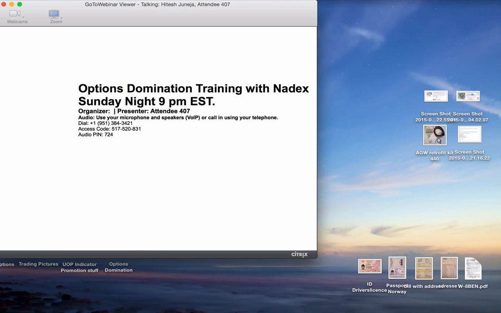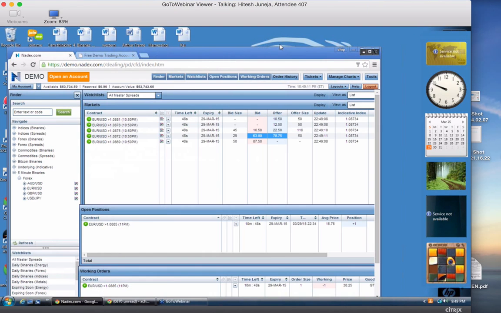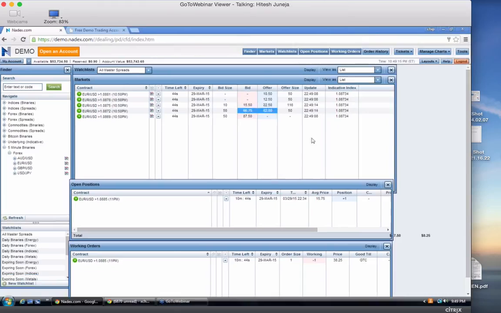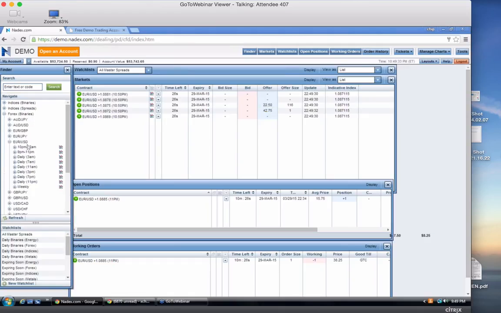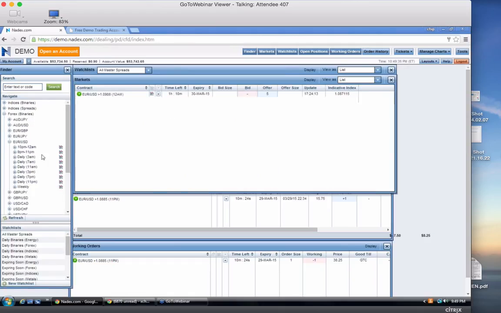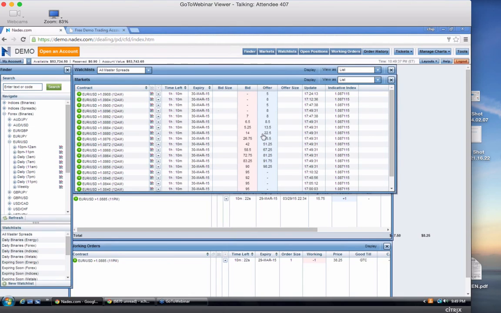Okay. This time around, do you see my screen? Can everybody see the screen? Yes. Okay, great. I'm going to go 36. Well, this is going to expire pretty quickly, so I'll just go to a different one. Okay, so let's say we were interested in this one, the Euro USD 188.4.